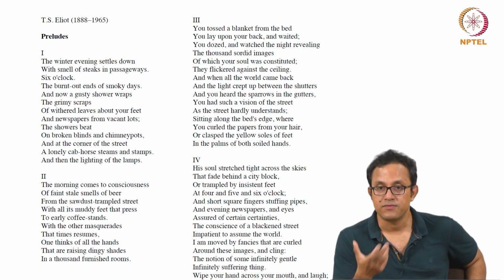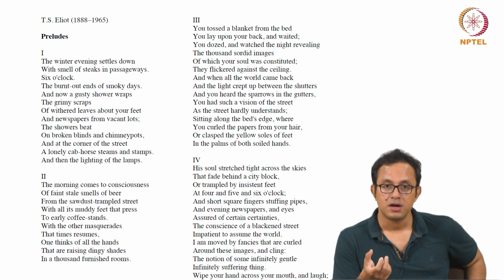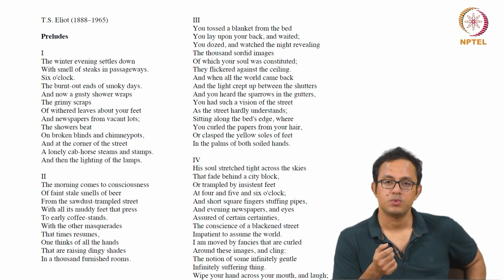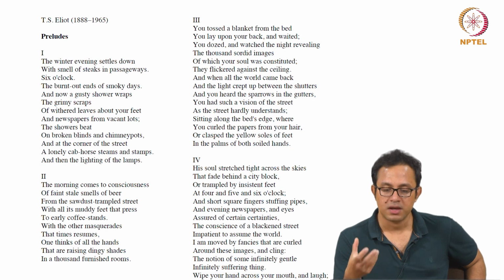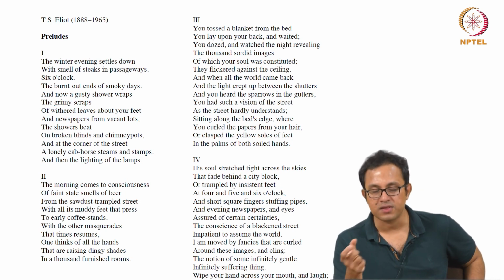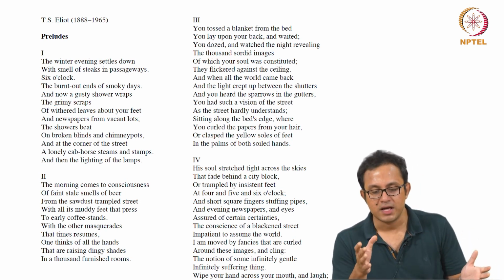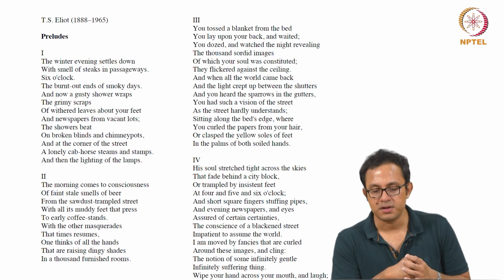there's no totality available. There's no total sense of self. There's no total sense of awareness. So even awareness, a sense of self, these get interrupted all the time. And that very interrupted embodiment is something which is represented through this very metonymic mode, where the focus is on feet, on hands, on fingers, etc., but never as a totality. So the human body never appears as a totality at all in Eliot's early poetry, and that's something which is